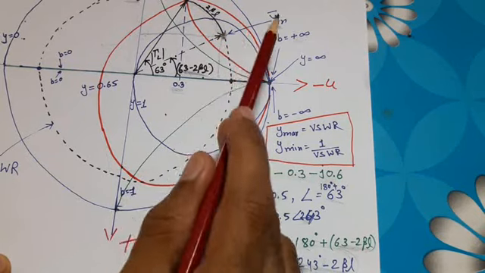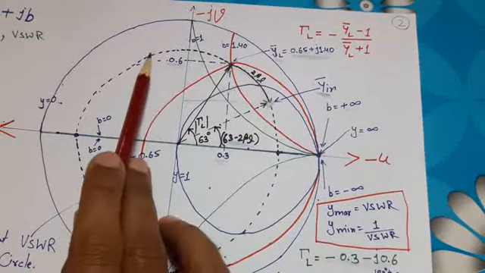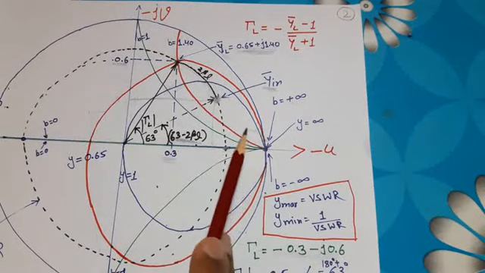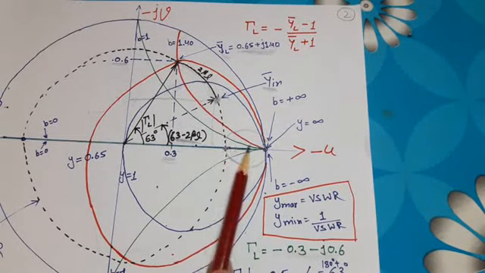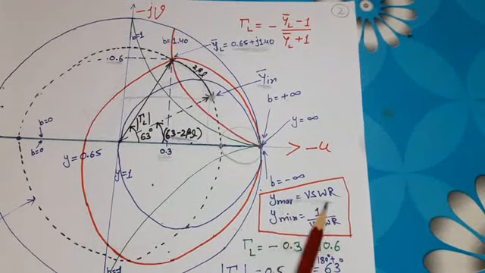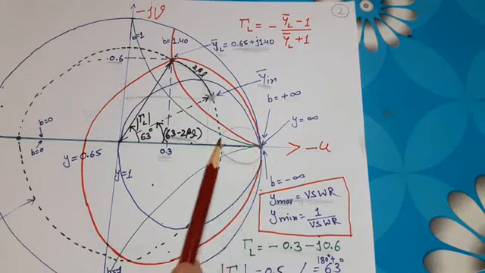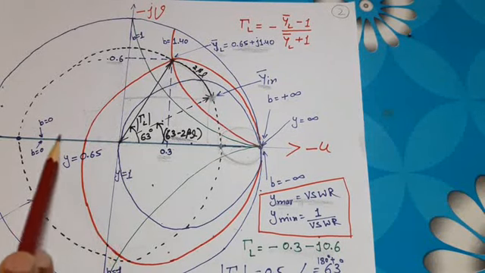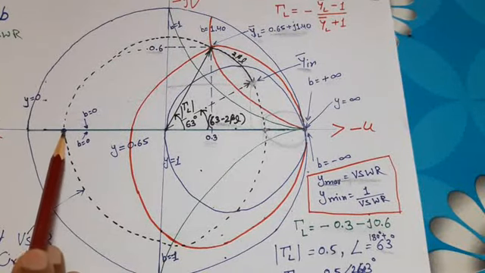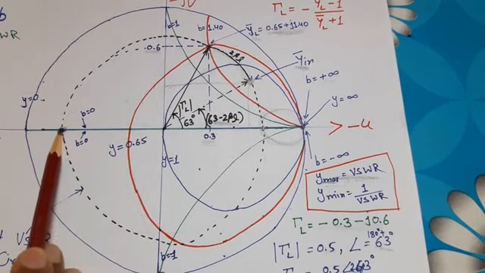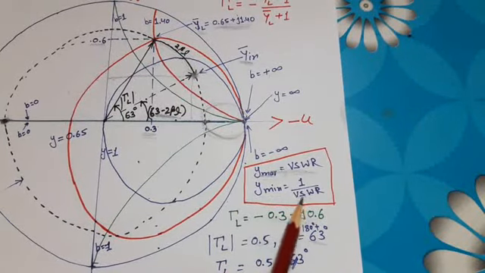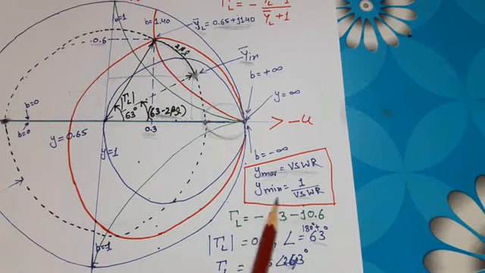Now if we want to calculate VSWR, then move on this circle and come to the real axis, and from this point one constant R circle will be passing. So note down the circle value and that value will be the actual value of VSWR. This value can also be called the maximum value because on the constant VSWR circle, this is the point where the circle value is maximum. We can also find VSWR by using the point where the circle value is minimum, and that point is this. If we find the constant circle passing through this point, then VSWR will be the inverse of that value, meaning VSWR will be equal to 1 upon the minimum.